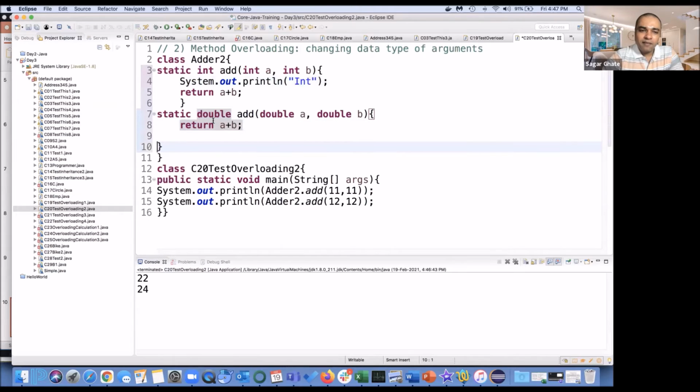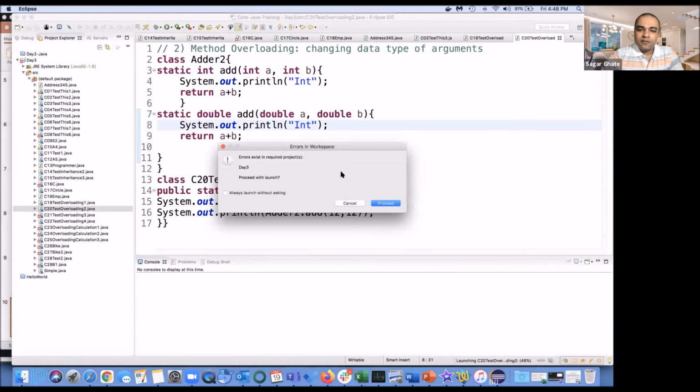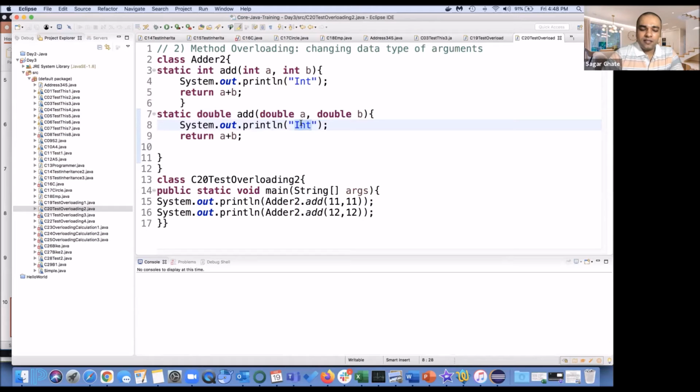What is going to happen if I put SOP here? I cannot. See, I'm getting an error. It is saying unreachable code. For return, there is a thumb rule in a function: the return statement should be the last statement of your function. If it returns and the compiler says this line is unreachable, it is never going to execute, so the compiler gives us a compile-time error right away. What I will do is cut it here and run it. Sorry, I should make it double.